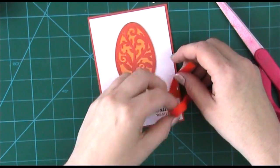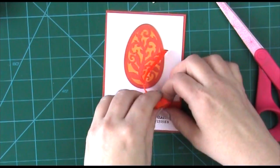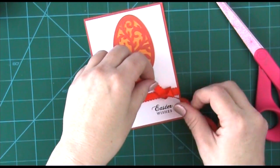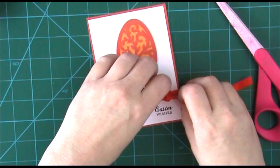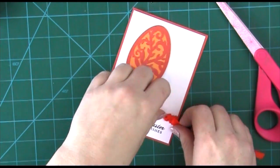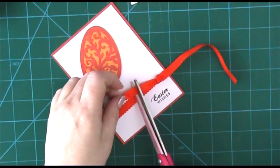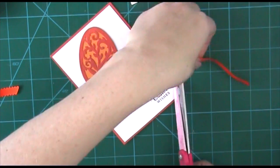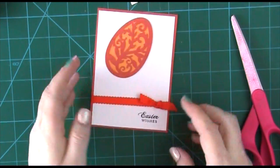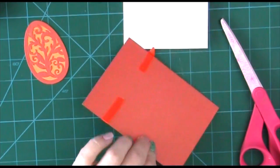I think I'd quite like it over here, so I'm just going to take this. Obviously we're going to have some excess here, which will be good. There we go. So that's just put that at an angle, and then we're going to just snip this at an angle like so. There we go. Okay, so that's that. So now we can put our layer down onto